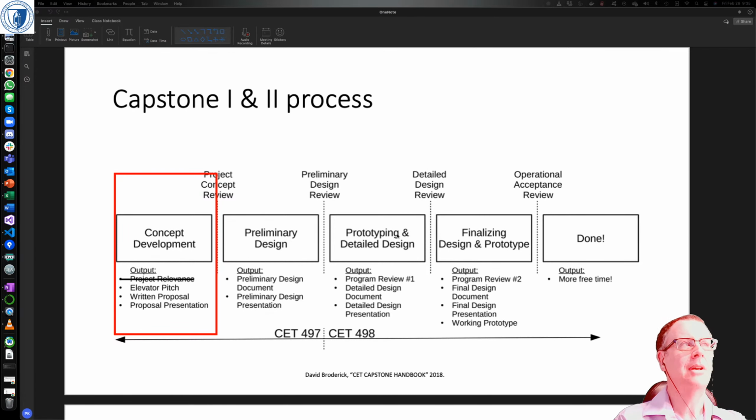The last cohort of Capstone students that I took through, we had 6 teams of 3, and all 6 of those teams worked very well together as teams. Forget about what they produced, the teams worked well together.